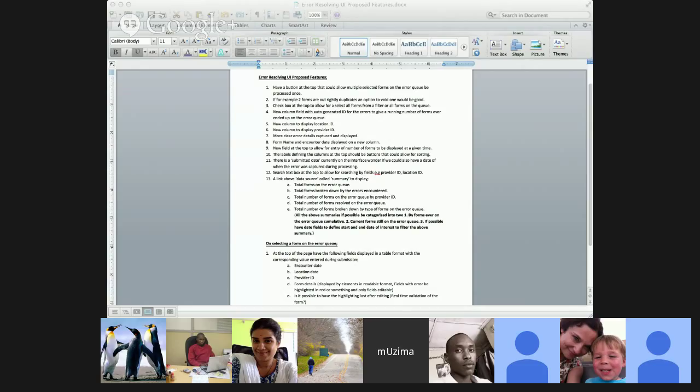I think for the first pass, to allow everyone to update the form data itself, we should have just a simple way to edit the payload of the form.